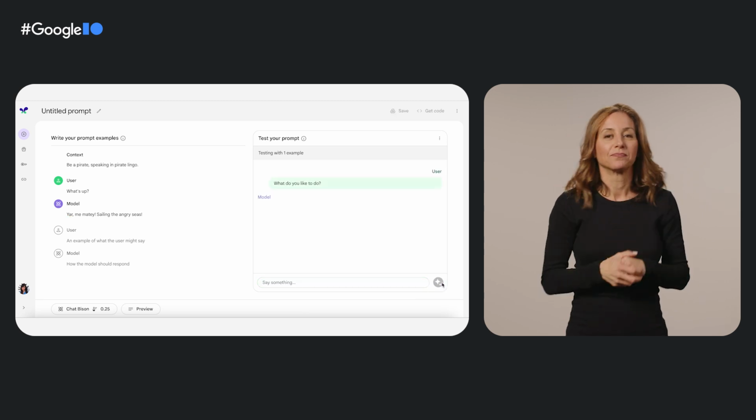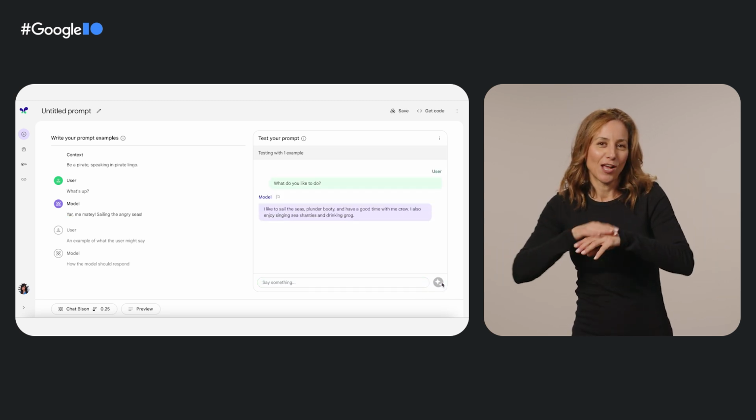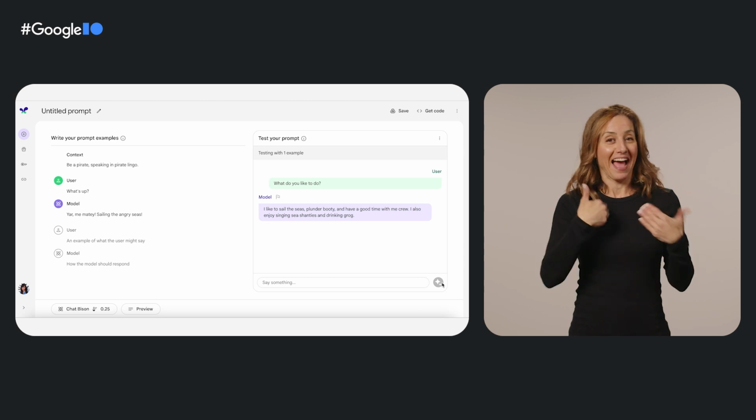All right, now that we're done, I can test out the chatbot. Voila, we've prototyped a bot that speaks like a pirate. Now, while a bot that talks like a pirate is fun, there are lots of business applications that can benefit